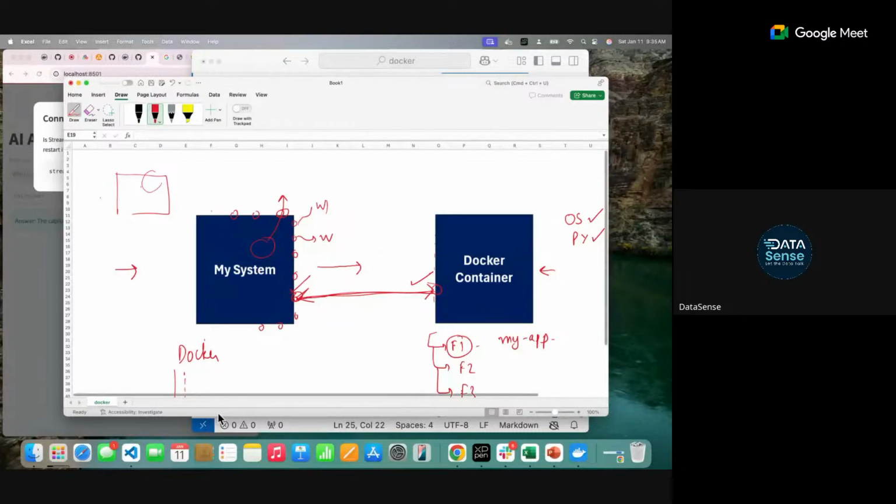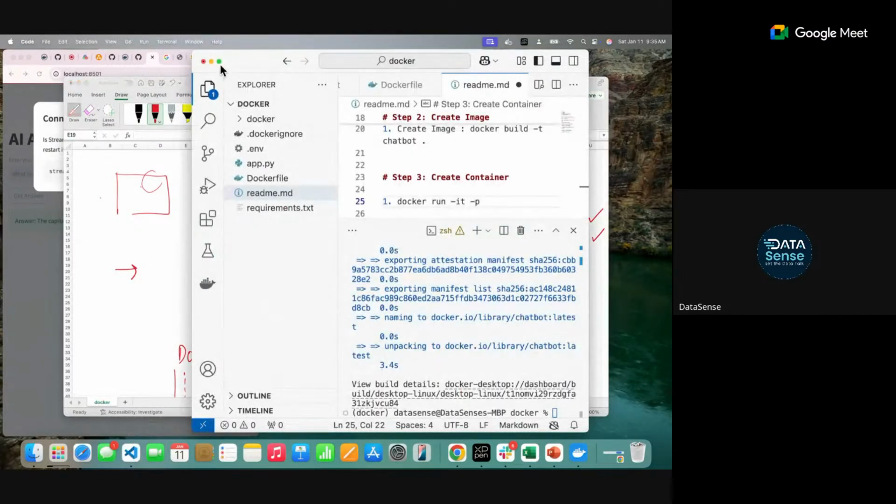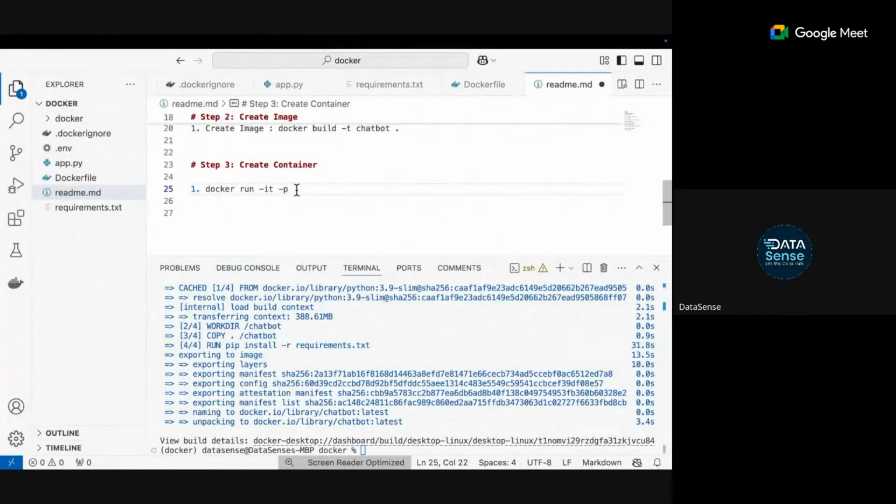First of all, you write down your system port. Let's say I want to publish this application on 8001. It can be any number. And the port of my container: in the code I have mentioned it is 8501, in this app.py.